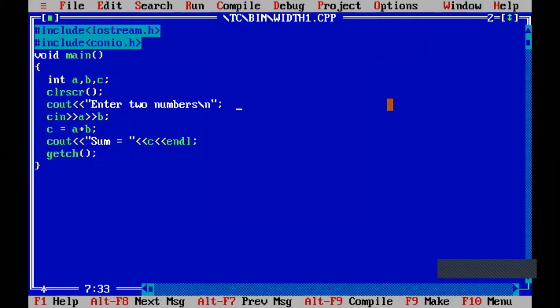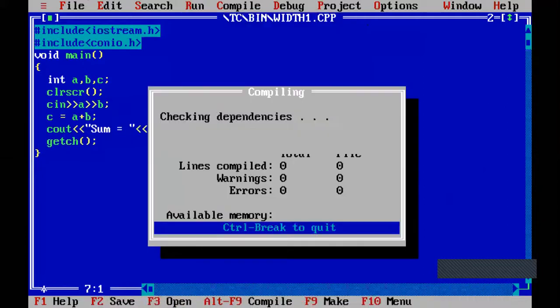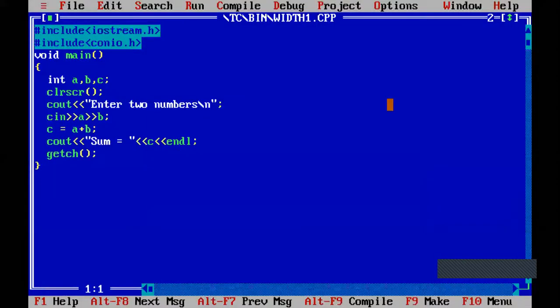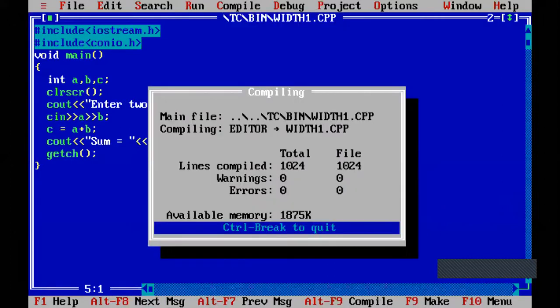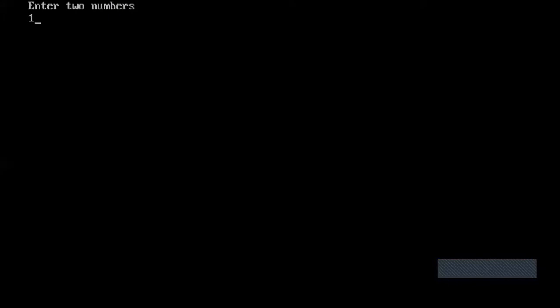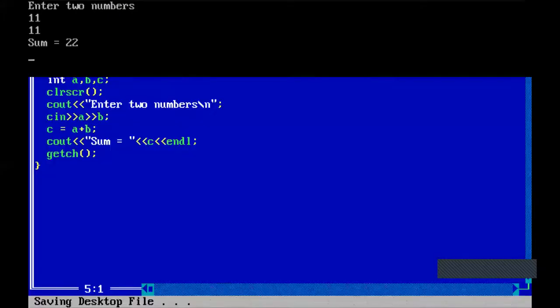So as I said, if we don't write the cout statement, see, if I make it a comment, I will delete this line. When I execute the program, the cursor will be blinking, so we will not come to know what to do, whether we have to write numbers or names. For that purpose, we need to write the cout statement. Now we will execute it. See, it is displayed. If I enter 11 and again 11, 11 plus 11 is 22.